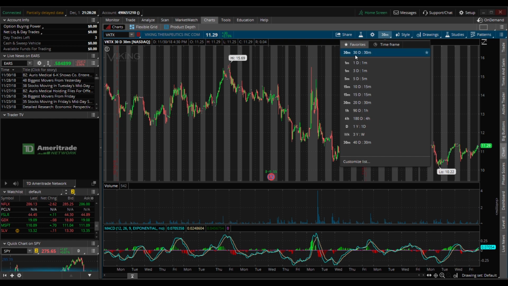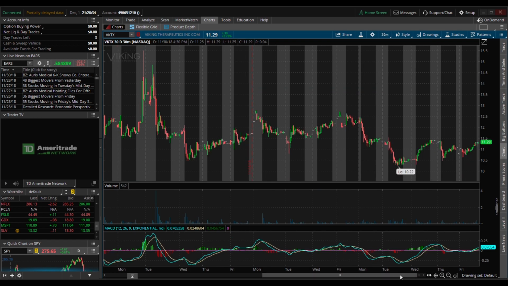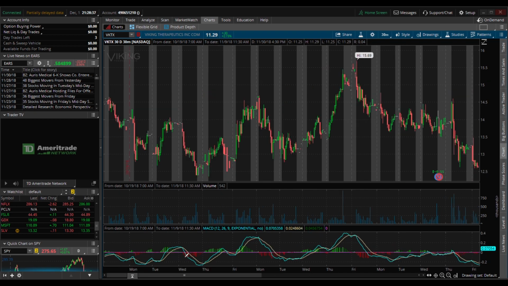So this is a 30-day chart broken up into 30-minute segments. So let's go back 30 days ago and see what's going on with the stock and see how you can predict some trends. So let's say it is Thursday, and you wanted to know, what should I do with this stock to make some money? So we're going to have to make a support and resistance level. If you look at the way this forms on the chart, you can see that in general, only looking at these days, because let's say Thursday just started,